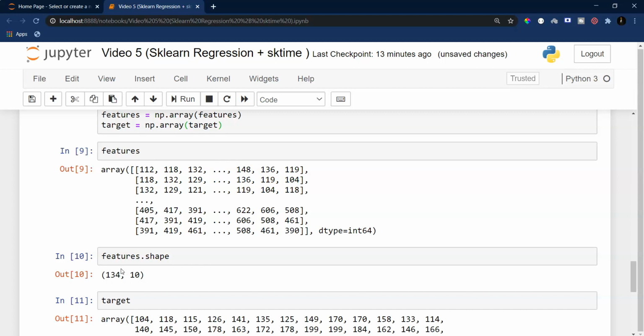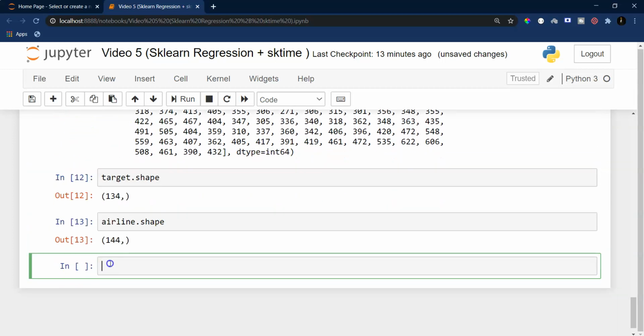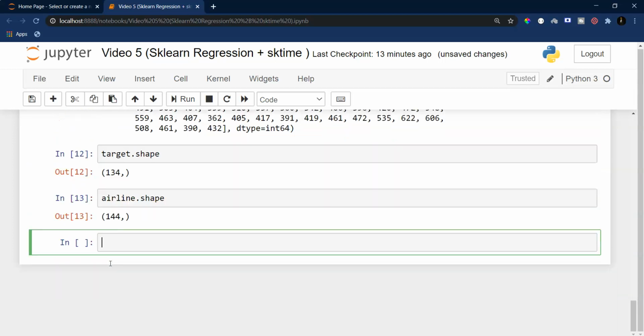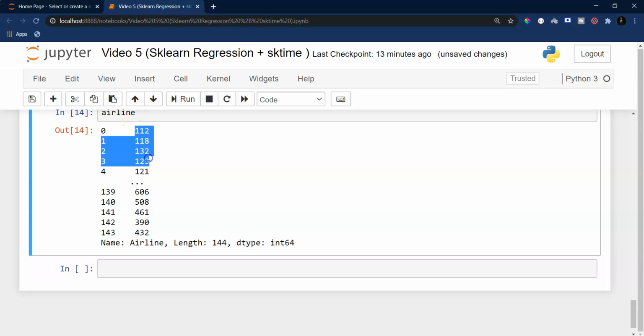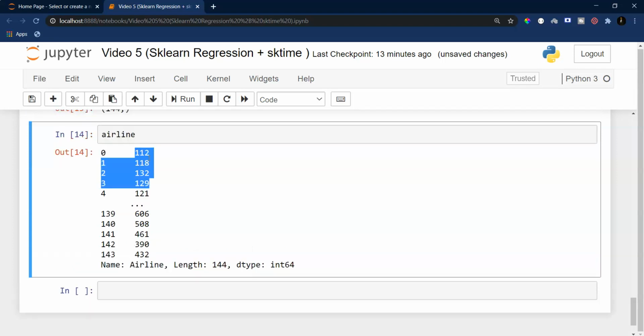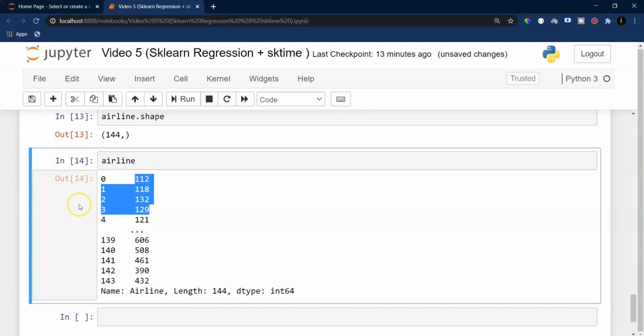So this is what I was trying to say. Those initial values we can safely ignore, because if I print this airline, most of the pattern lies in the values which are later. If I just get rid of the first few values, let's say 10 values, then I don't think it is going to hurt my algorithm's performance much.